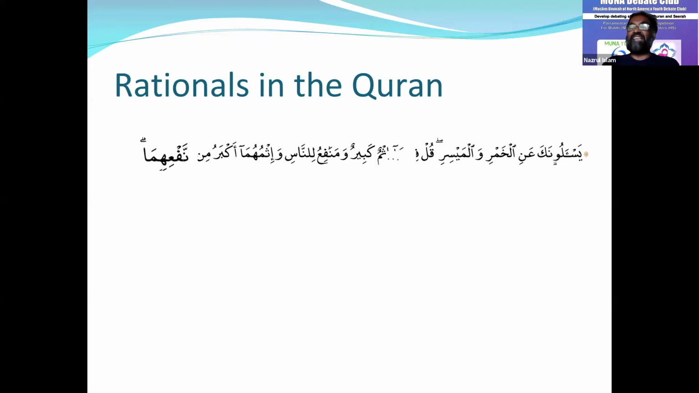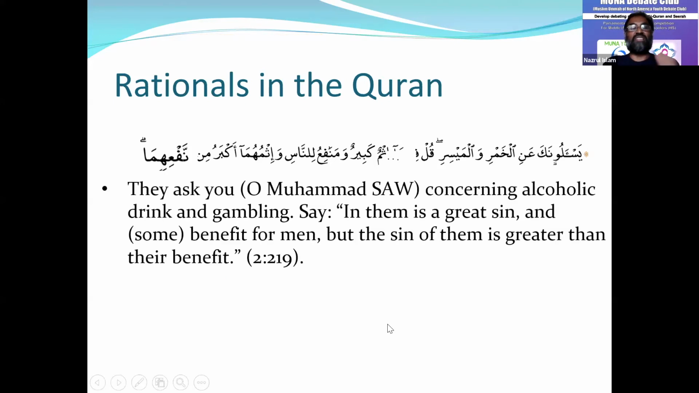Here is the ayat that I try to quote. You can see Allah subhanahu wa ta'ala says that,